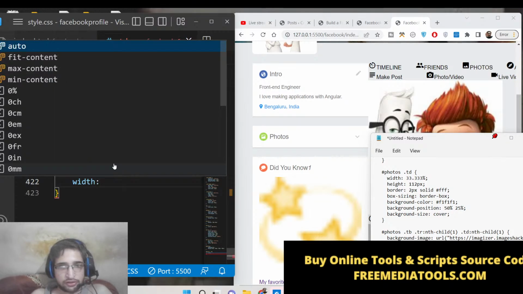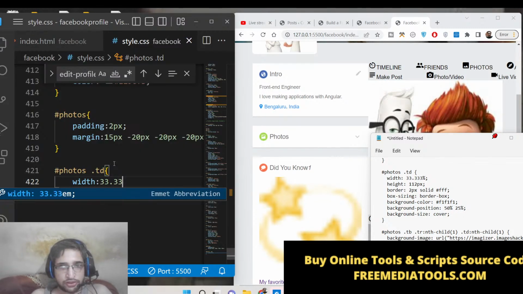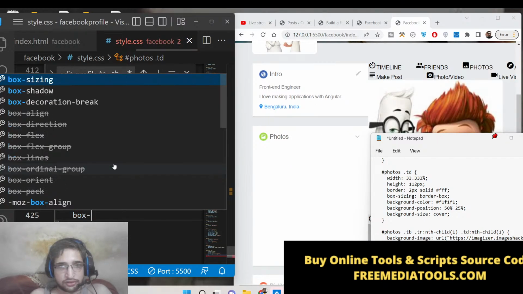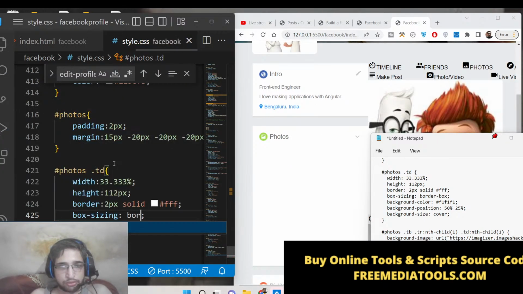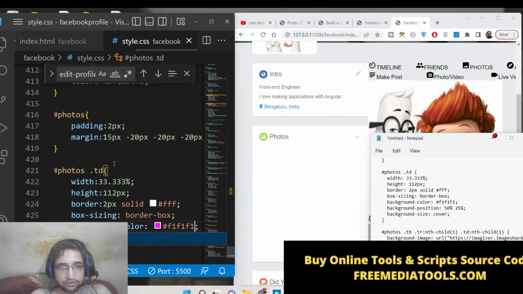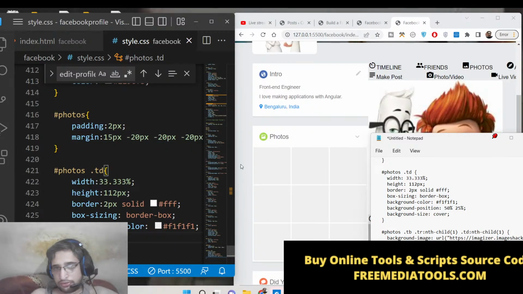We will change the width to 33.33%, height to be 112 pixel, border to be 2 pixels solid, and box sizing. So now you can see it is elongated to border box, and background color we will change to this color, which is a gray, white color shade. So now you can see that it is appearing just 3 photographs per row here,